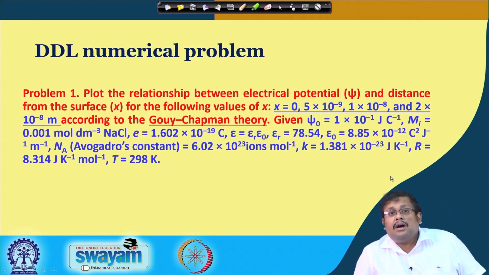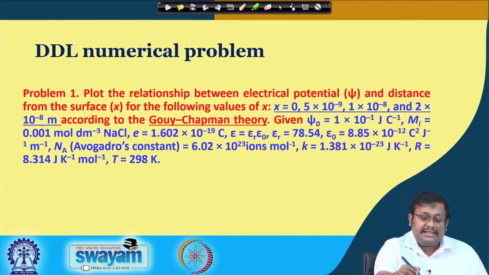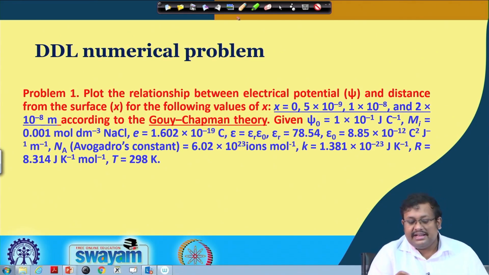So, let us see one numerical problem. In this numerical problem, the task is to plot the relationship between electrical potential psi and the distance from the surface x, for the following values of x: 0, 5 into 10 to the power minus 9, 1 into 10 to the power minus 8, and 2 into 10 to the power minus 8 meter. So, for these four distances, we have to calculate the electrical potential